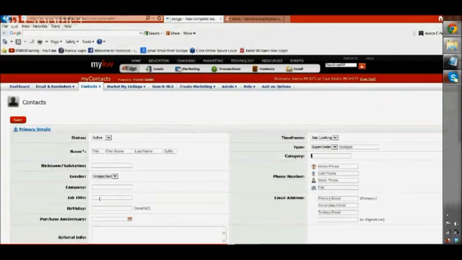Okay, so gender also has company and job title. Right, so under birthday, if you notice, there is no year. So if you fill that out, it will give you a reminder that their birthday is coming up. So you can send them a greeting or even call them. Okay, so for purchase anniversary, this is very helpful. It's because you'll get to know the last time they made a purchase. That way, it can help you keep track as to when you're going to sell and send them an anniversary